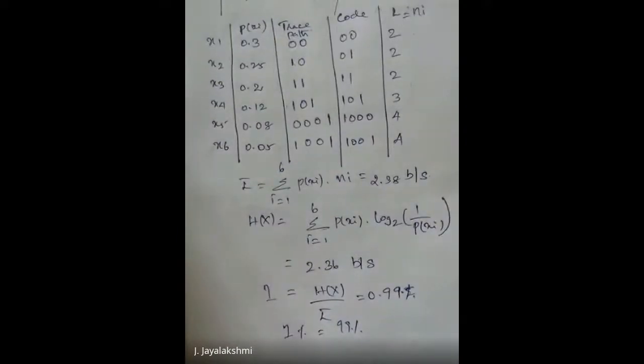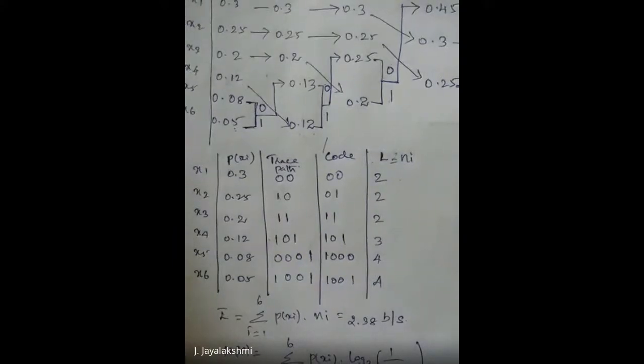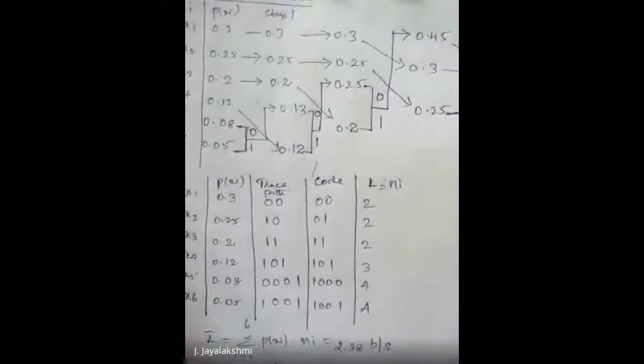Okay. Hope you understood how to find the Huffman coding method and get the efficiency and the redundancy. So these are the two entropy coding techniques, Huffman and Shannon-Fano coding. Is there any doubt? In your exam, you will have problems based on this. Similar probabilities may be given, and you will be asked to find the entropy, the average length and the efficiency based upon the given probabilities. You have to calculate it.